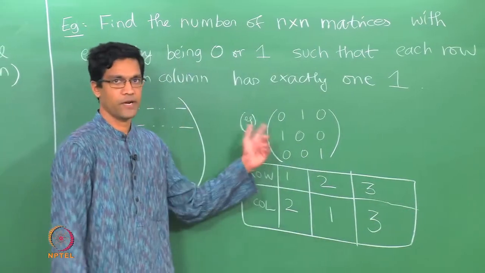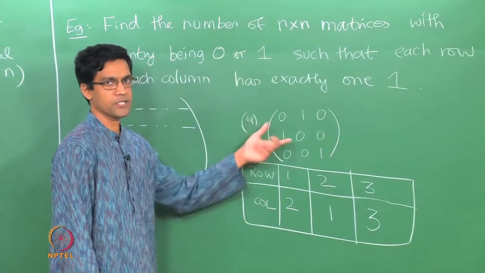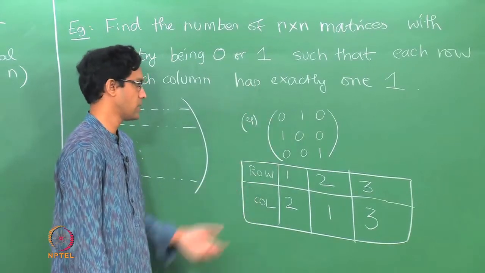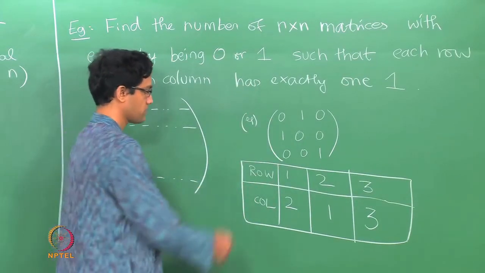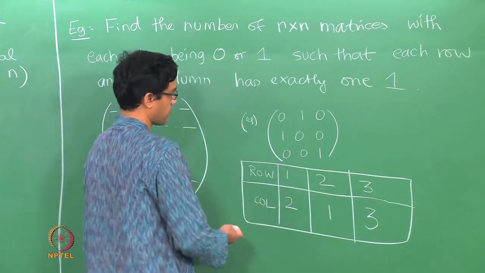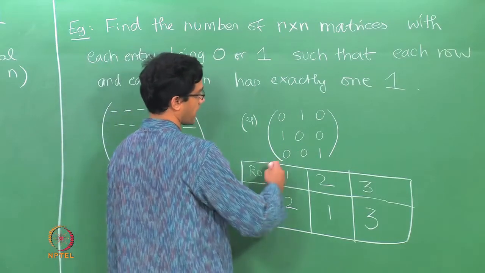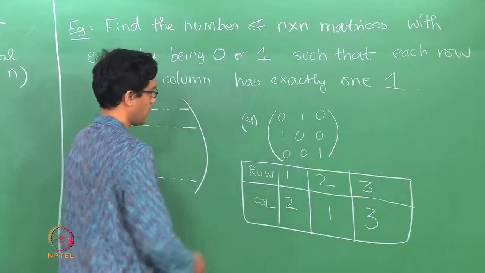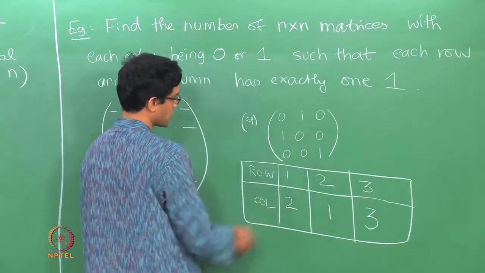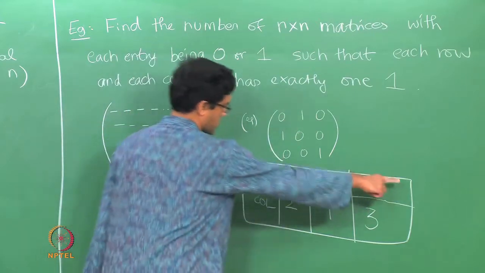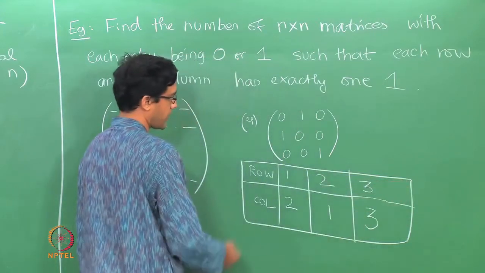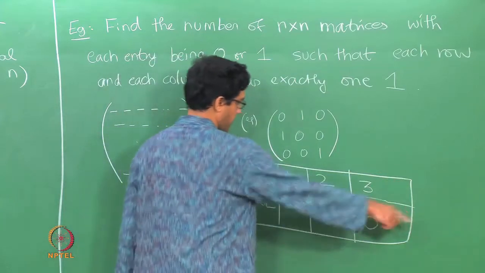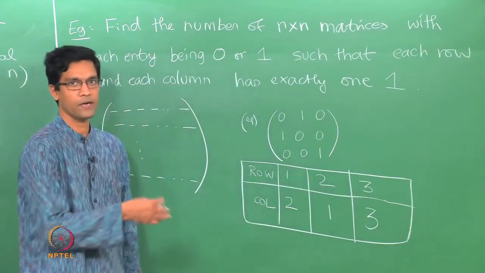Okay. So a 0 1 matrix satisfying the required conditions is the same thing as this data here, and observe that this thing here always has the following form. The rows are always going to be arranged as 1 2 3 till n if you are in the n cross n case, and what will change when the matrix changes is not this set of entries, you are always going to list them like that. What will change will be the column numbers, right. The ones may appear in different columns.